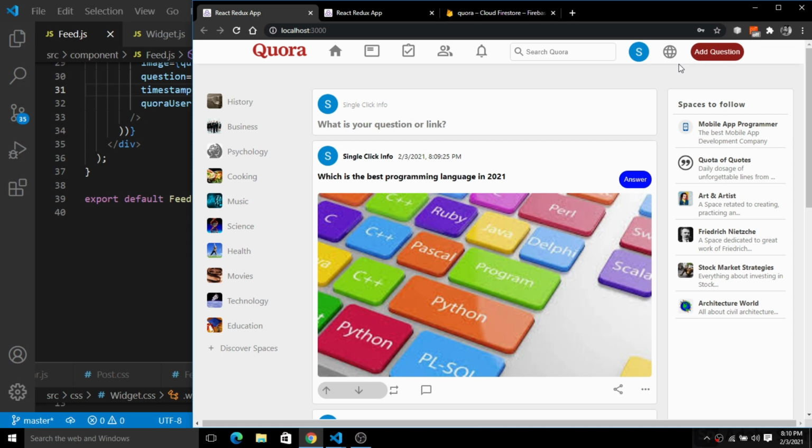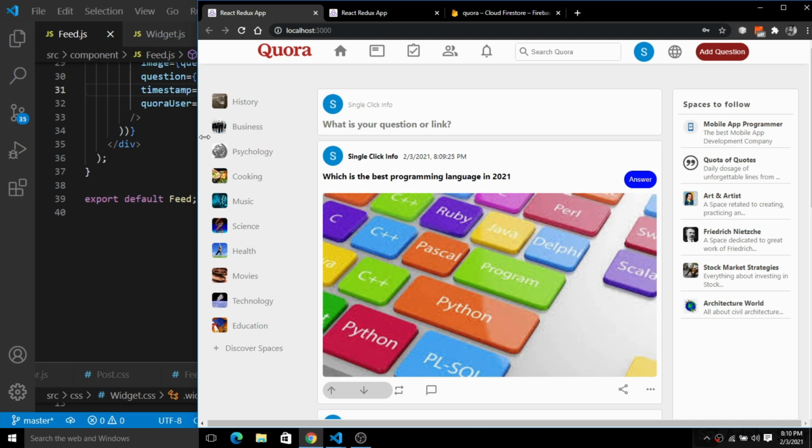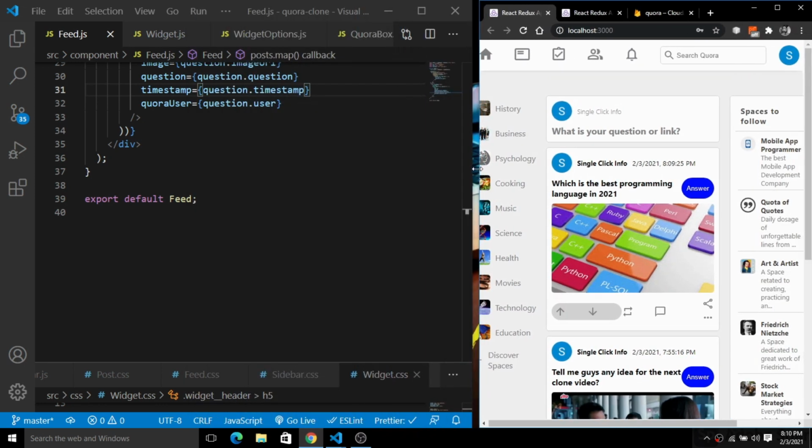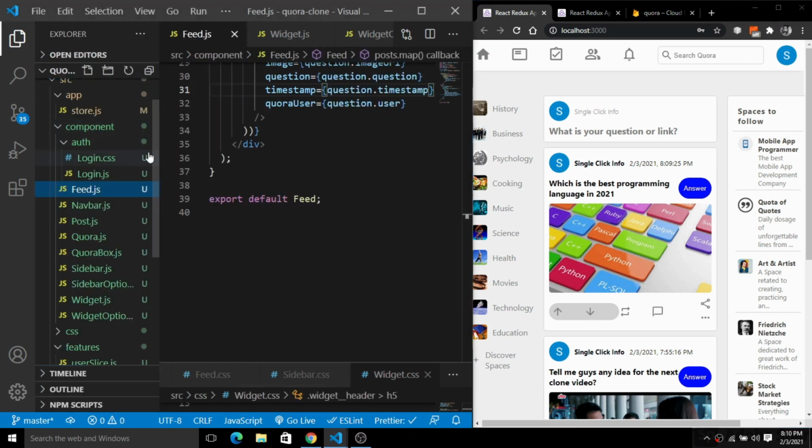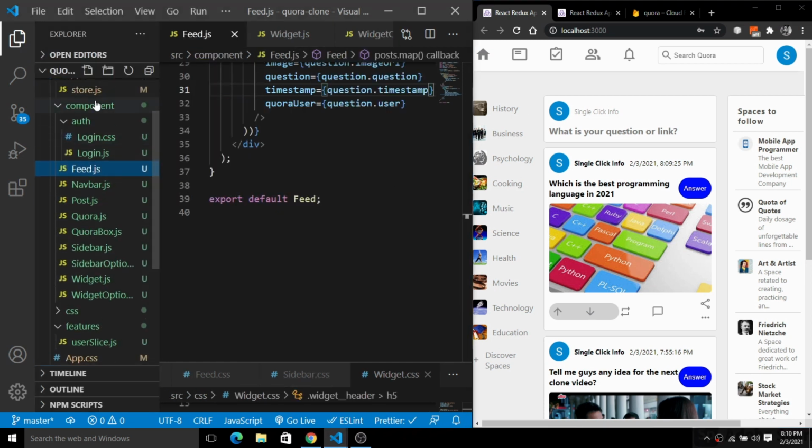Now it's time to simply answer that question. So how will we do this? For that, we have to create a state for the question. So there comes the redux stuff here. So we will do the redux stuff for the question here. So inside of this, I'm going to simply do the redux stuff here.